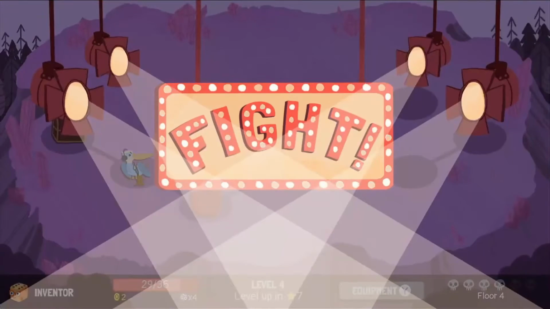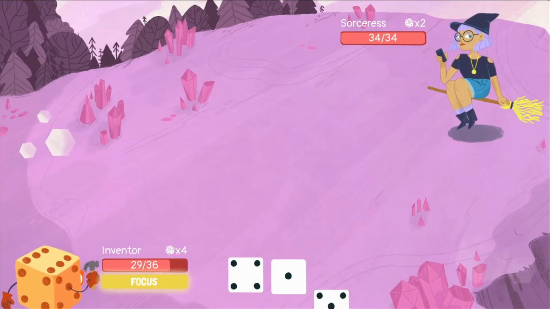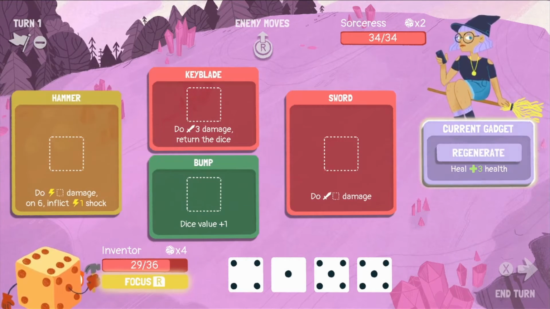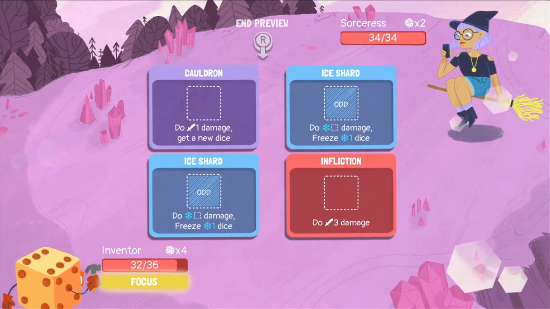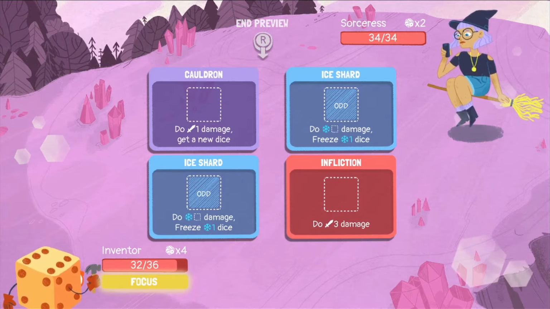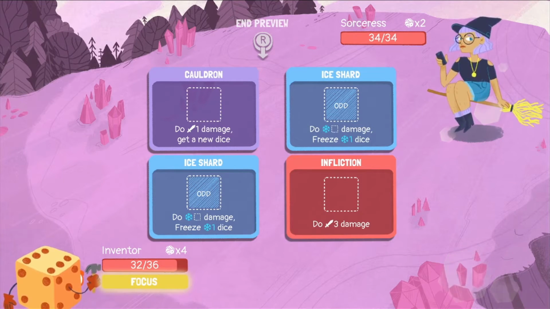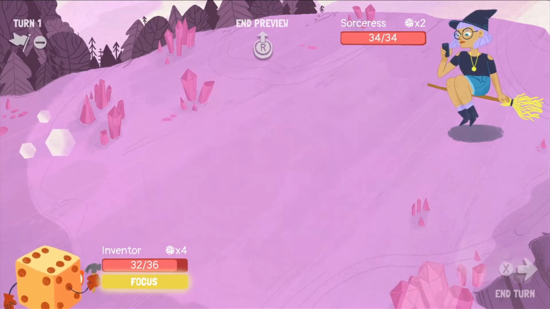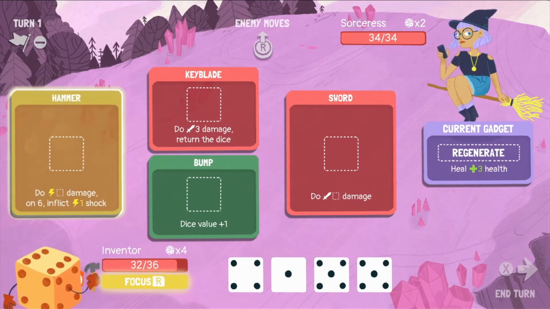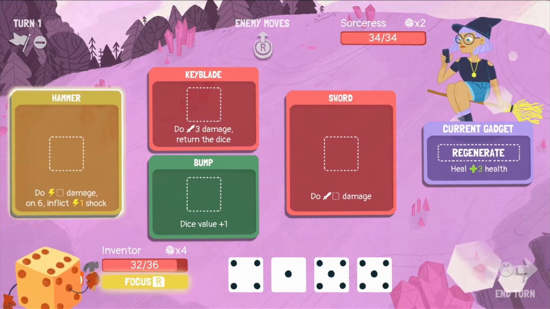Alrighty. What you got in store for us? Man, she is so cute. Alright, so we are going to regenerate immediately. Now, do we want our focus? Let's remind ourselves what she does. She's kind of like the Witch. She has Cauldron to do 1 and get a new one to try and get her Ice Shard odds. Otherwise, she's inflictioning me. So, focus is going to be a good counter because she'll be turning my stuff into